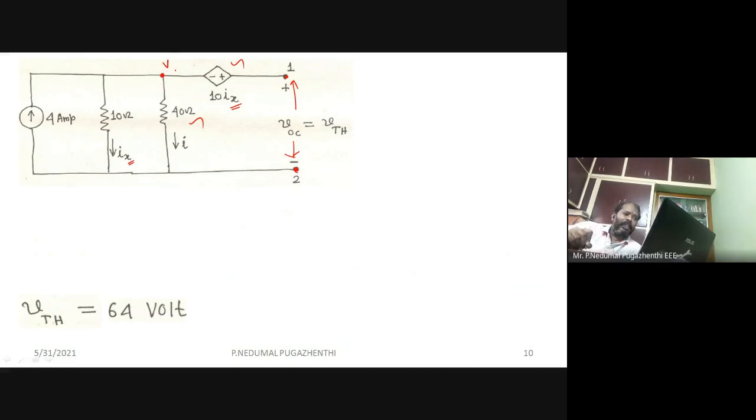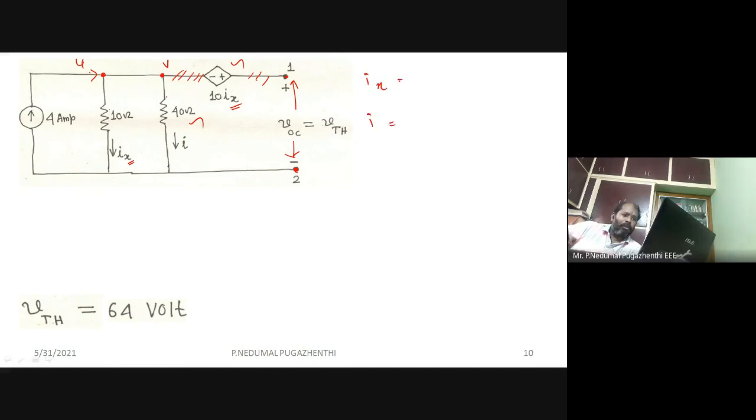Okay, I take it as V. Since this is open, no current will be passing through this. So I should know what is the current passing through this 40 ohm resistor and 10 ohm resistor, because it is 4 ohms up to this node. Okay, I will have 4 amperes because they are absolutely parallel. This 10 and 40 is parallel. So I can find Ix and I